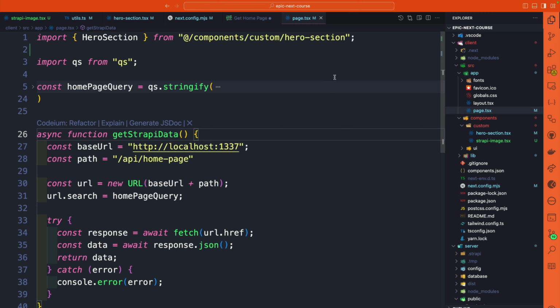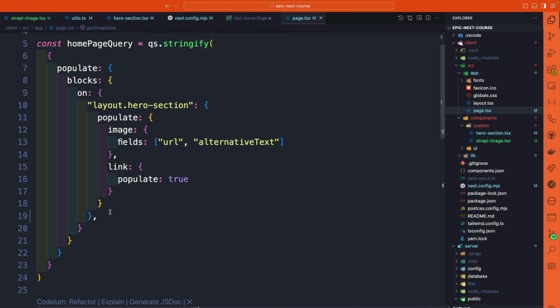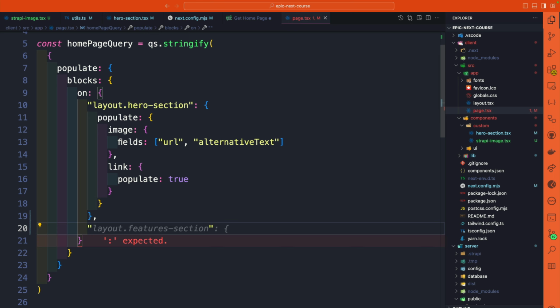Now back inside our page.tsx file where we're querying our data. In the previous video, we talked about that we have to populate our components. So here you could see that we're already populating our layout. So now we're going to populate our features. So it's going to be